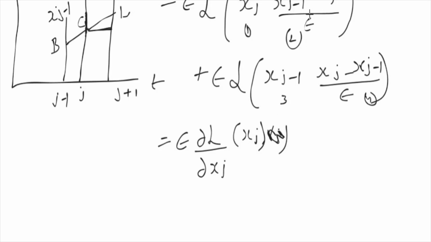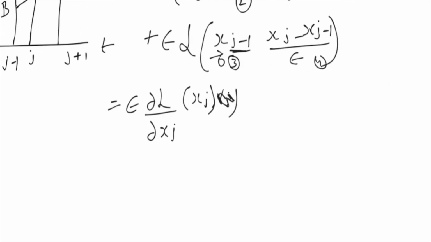Now if we are considering the second term, first we are considering this term. The third term, if we take it, because it is x at j minus 1, then the differentiation of this with respect to xj will equal 0. Now we are considering the fourth term, because here xj is in minus, we will take this xj minus 1. So first we are considering this term. What will be the differentiation with respect to xj of the fourth term? It comes out to be